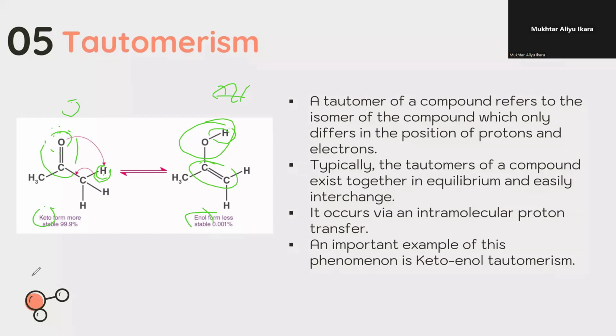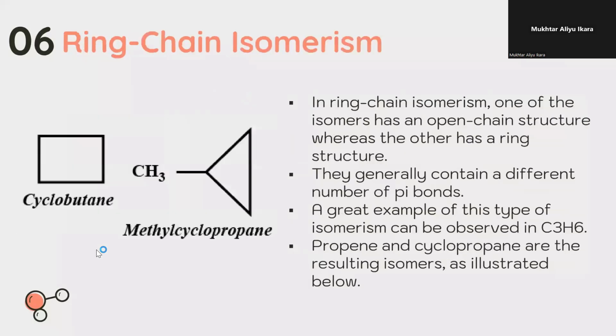So the next type of isomerism that we are going to look at is ring chain isomerism. In ring chain isomerism, one of the isomers has an open chain structure, whereas the other has a ring structure. So they generally contain a different number of pi bonds. Then a great example of this type of isomerism can be observed in